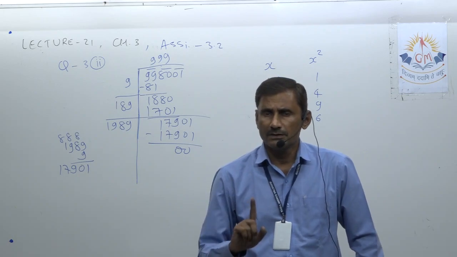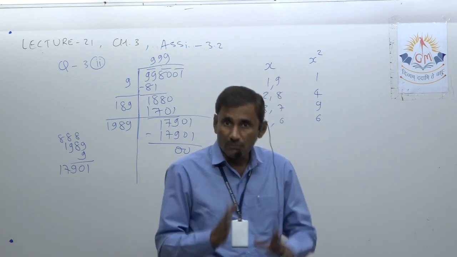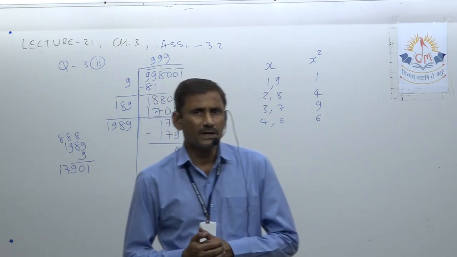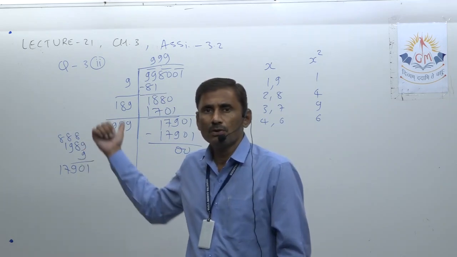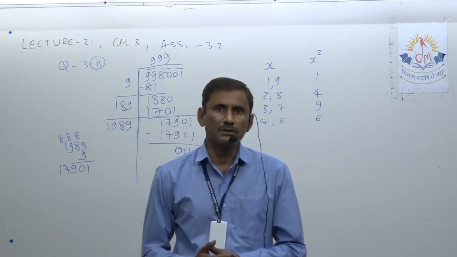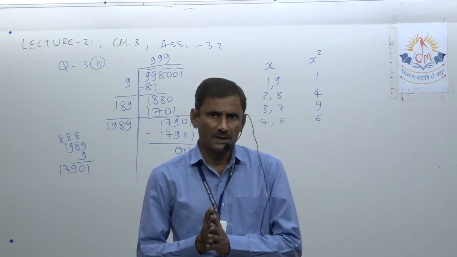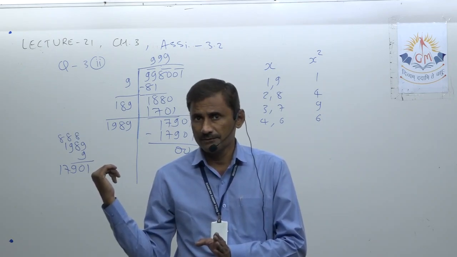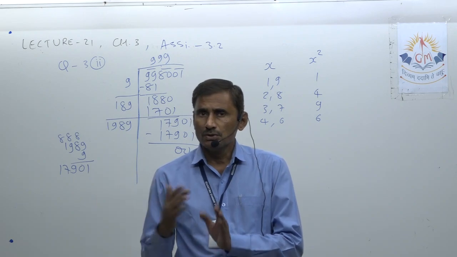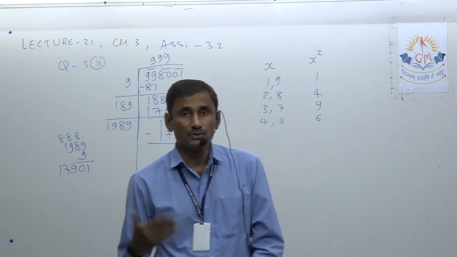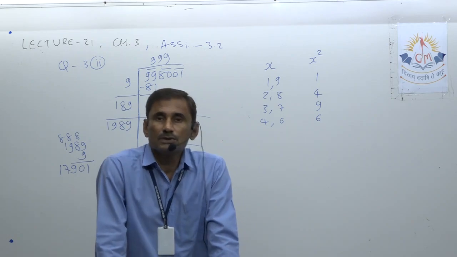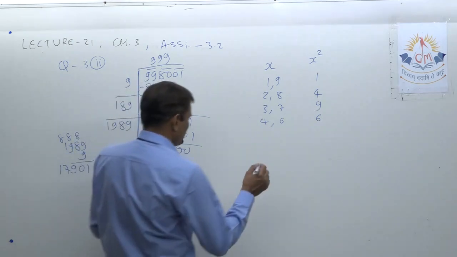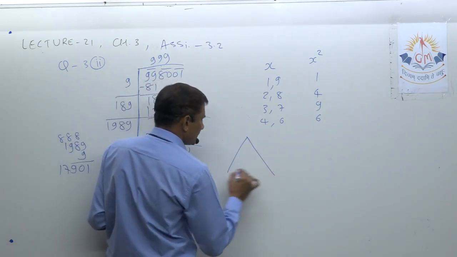Not in standard 8, but right now in standard 9, a few days ago I taught them the long division method again, because it is useful in almost all chapters. So finding square root is very important and the long division method is very, very important. Understood? Not only in 8th, but in 9th also, in 10th also. In 10th, whenever you want to find the slant height of a cone, I am just telling you a few extra things to explain the importance of this method.